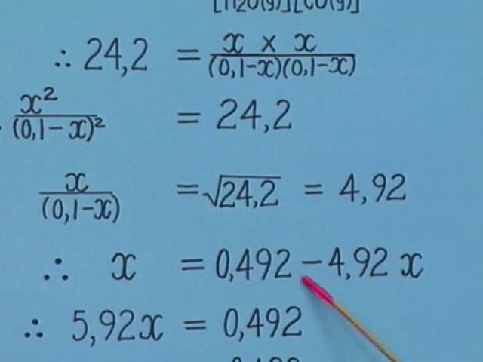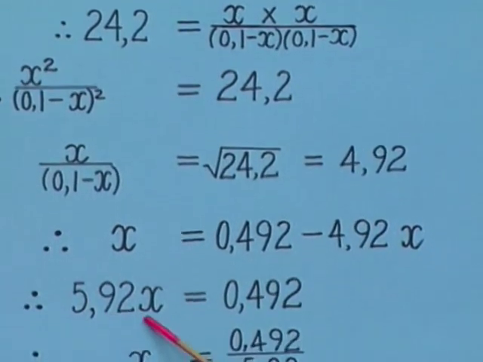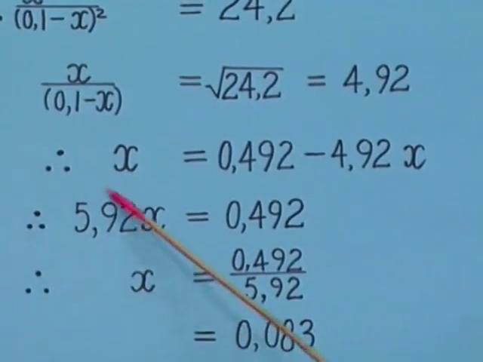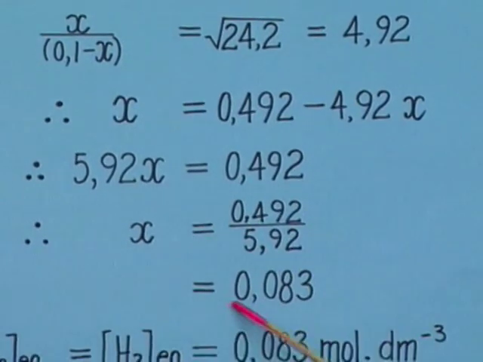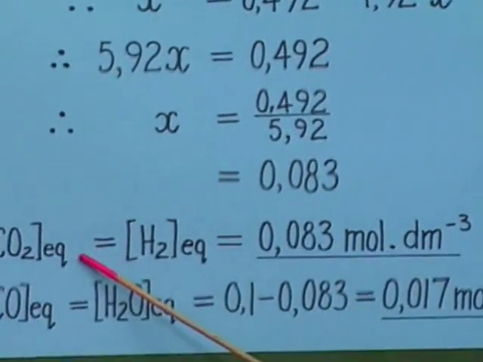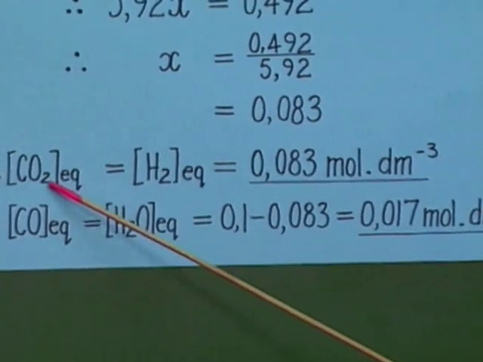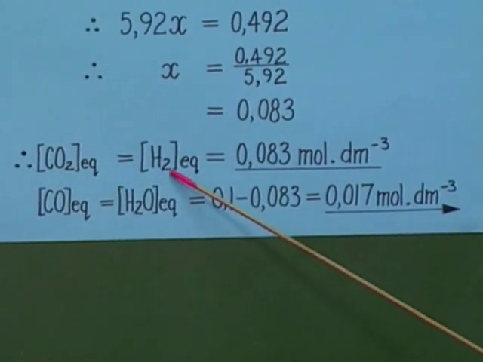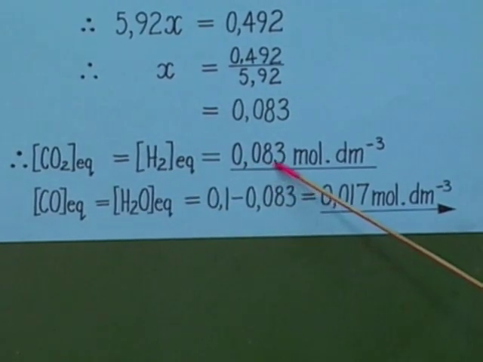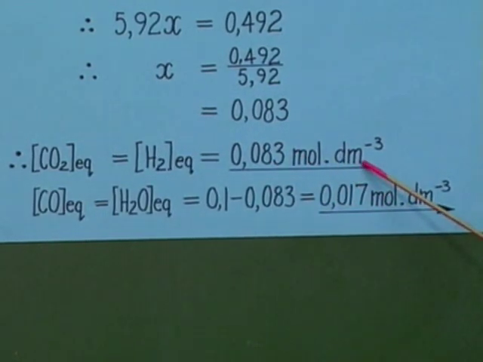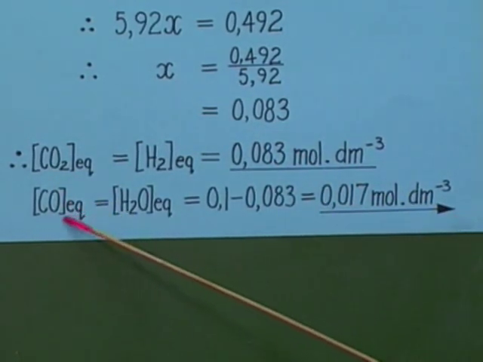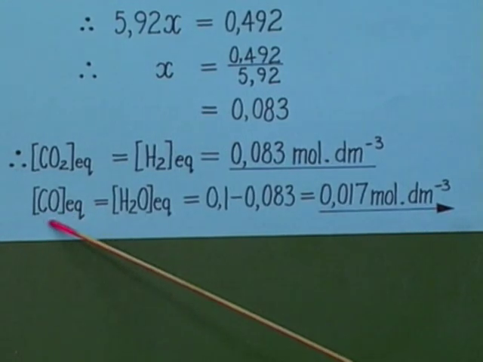Taking the 4.92 across, we get 5.92x. And dividing by 5.92, we get that the final equilibrium concentrations of the products, carbon dioxide gas and of hydrogen gas, will each be 0.083 mole per cubic decimeter,